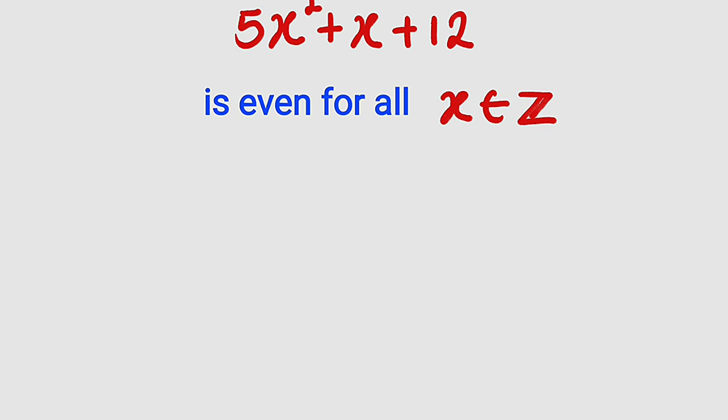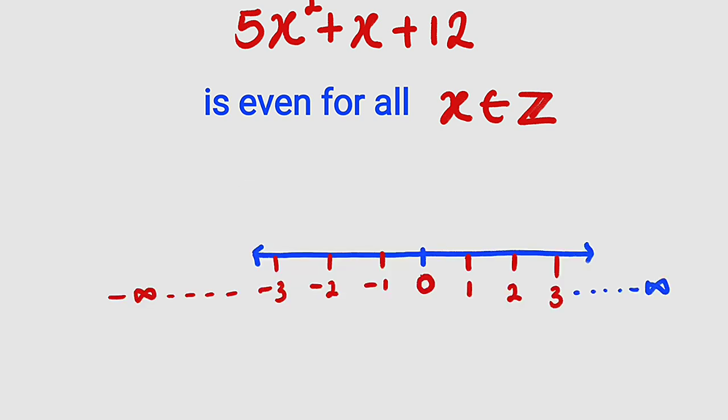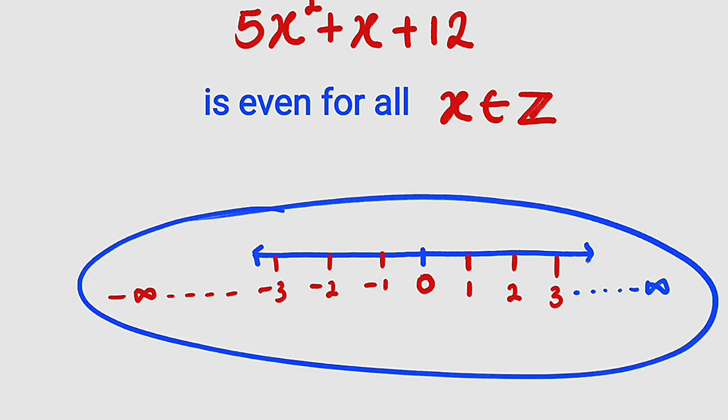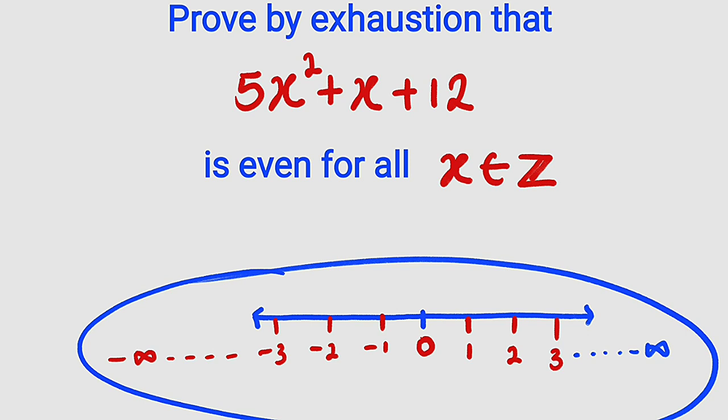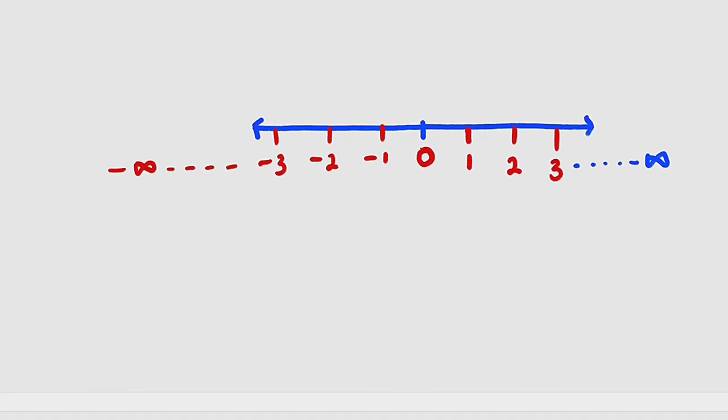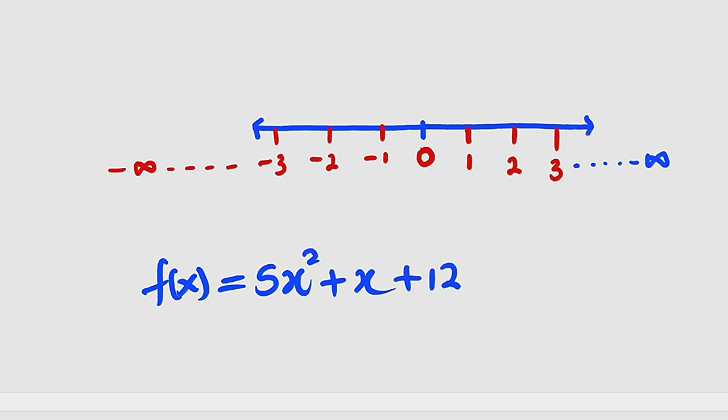Suppose we have a set of integers like this. Integers are just the numbers on the number line. So we want to pick all of these numbers and test them in this expression to see whether we get an even number. So this is a function, right? I can write it as a function f of x equal to 5x squared plus x plus 12. Now I would like to test three numbers at random because we cannot test all the values, as there are infinitely many. So for example, if I wish to test for 0, 1, 2,